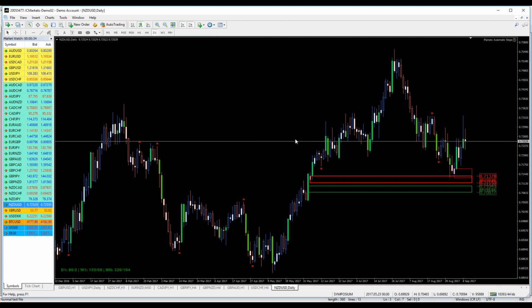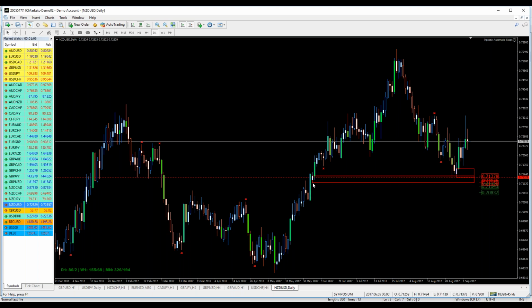Let me clean this up. It's been tested once, and so we can expect price to move through it more easily next time. And so what do you do? You mark off the low. This is the most expensive that you want to pay for that. And you do your analysis like we just did, and it actually brought us back to this 15-minute area of demand just here, which is roughly the same place where a daily entry would be, because we would have an entry on a daily chart,